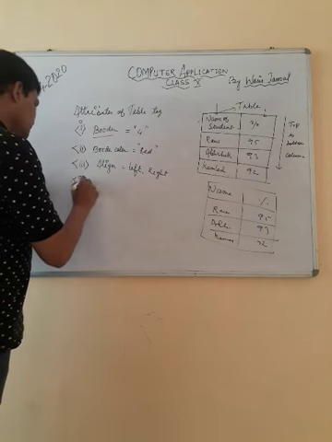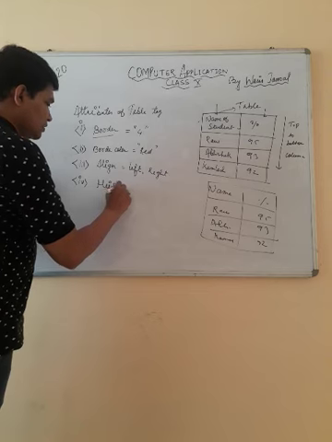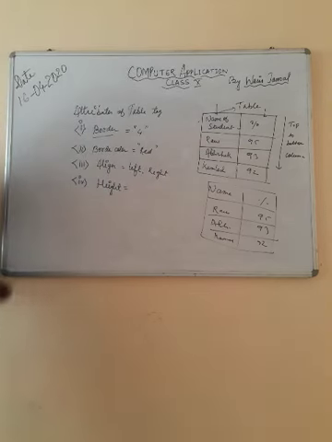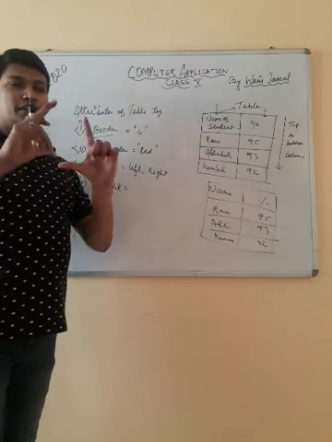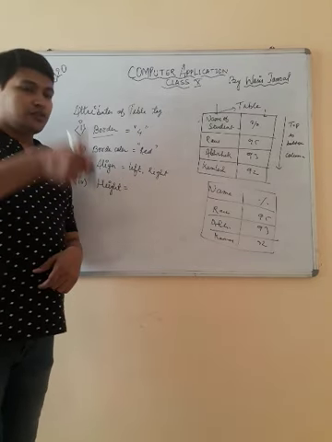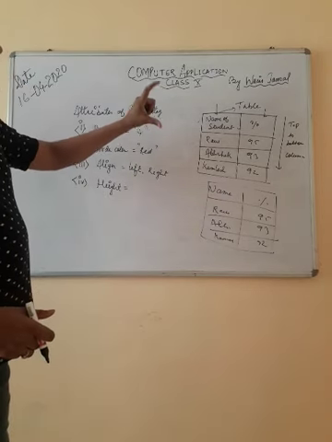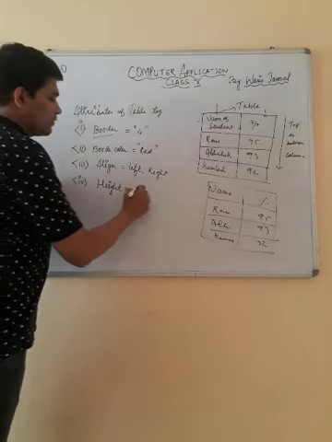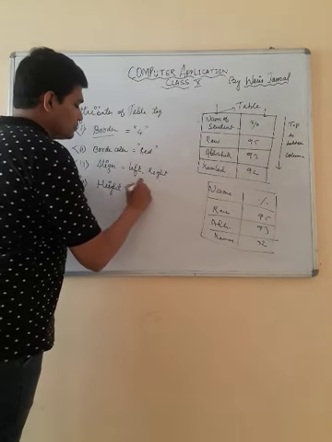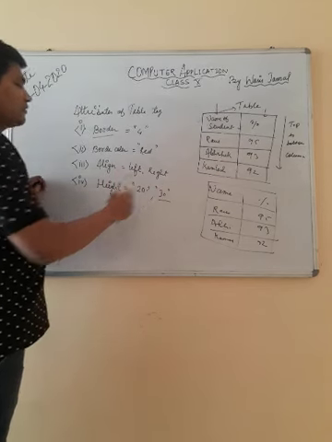The fourth is height. Actually, when you draw a table, you need to define the height and width of the column. You can define the height of the row with the help of height. The value can be anything. The value can be 20 pixels, 30 pixels, whatever value you need, you can define it.